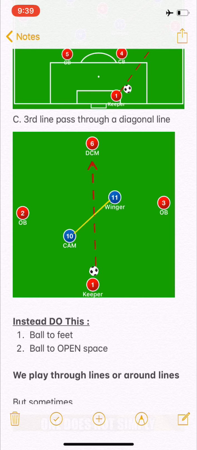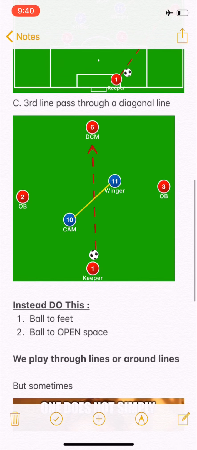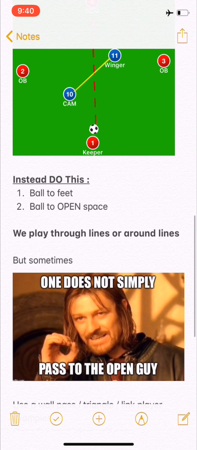We're looking to play through the lines or around the lines. And finally, when we get to the back line, just playing the space in the back line. So we're not really interested in passes between the lines. We're looking to break lines, pass through the lines. It's hard for the defense to react to those, or play around the lines because they just can't shift to those. So that's what we're looking to do, but then I have a bit of an issue, and that's that